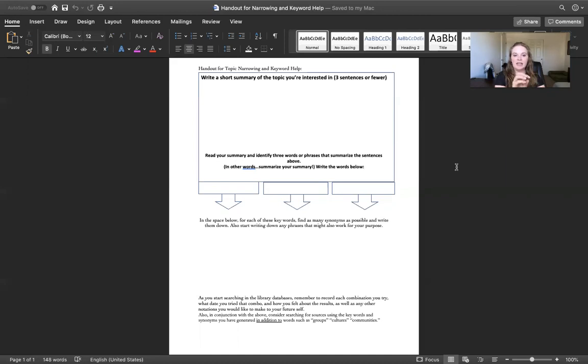And then from there, you want to highlight sort of what you think are the important words in that. If there are no important words, then perhaps you want to,